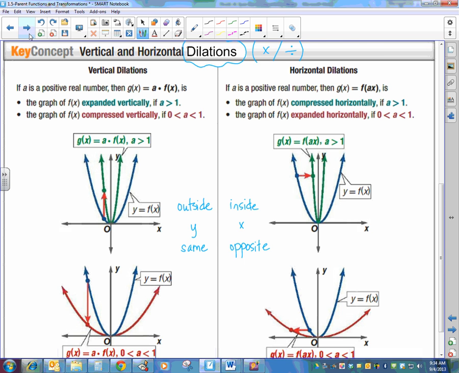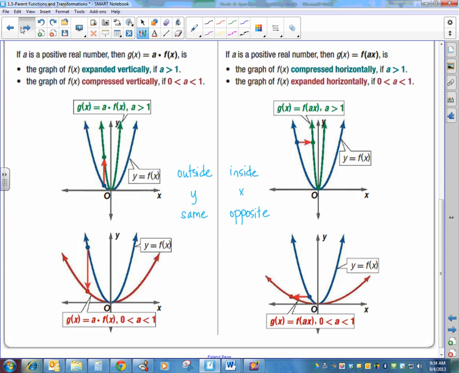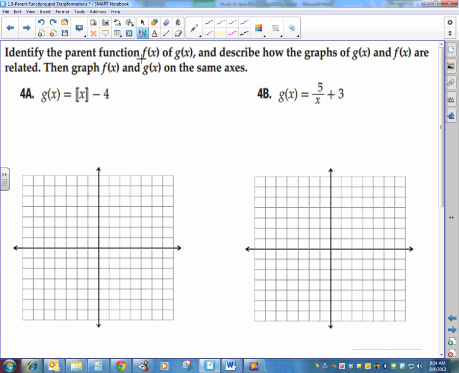So let's go look at our equations that we have. Examples to do. Identify the parent function of f of x and g of x. Describe how the graphs are related, and then graph them on the same axes. So hopefully you can see in this first example that our parent function is f of x equals the greatest integer less than or equal to x. And remembering that our key points are that we start at 0, 0, we go to the right, and we have a hole. So we graph this,